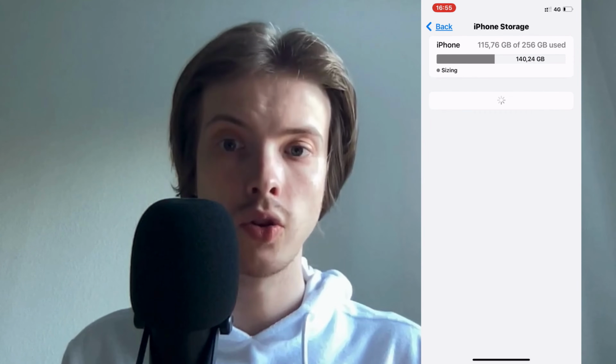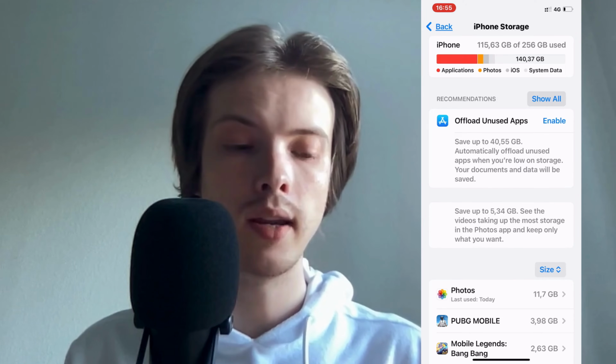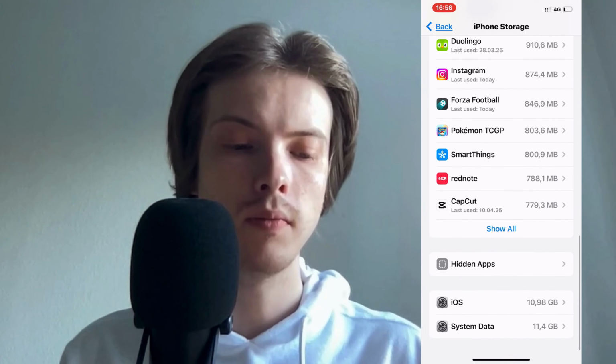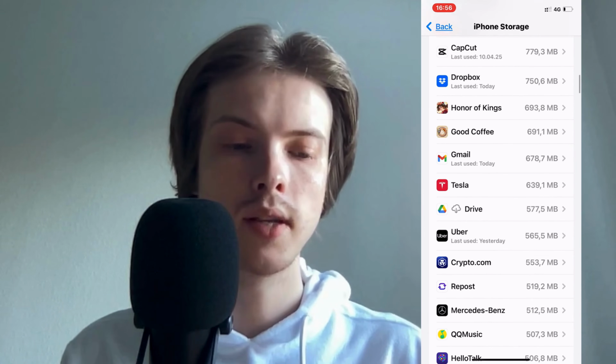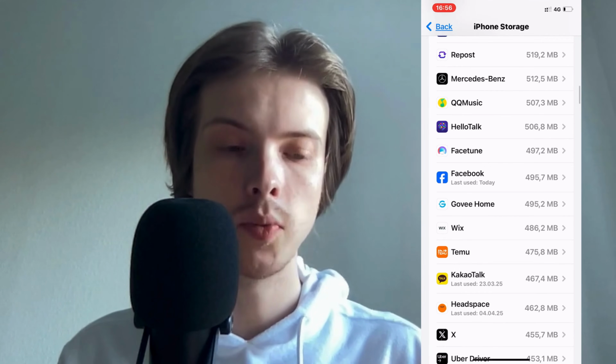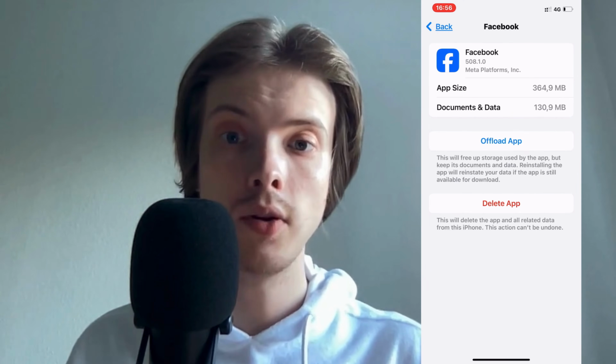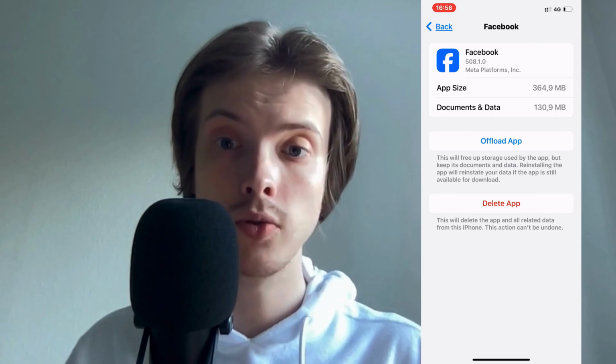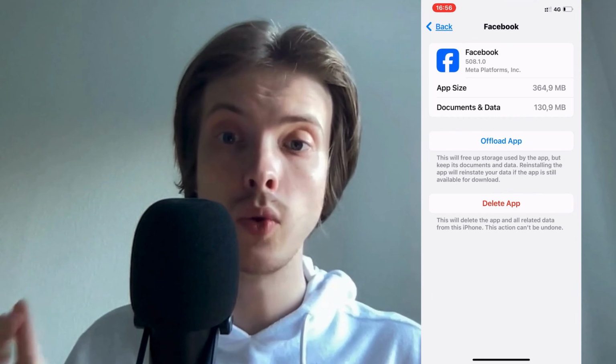And now you're just going to simply wait for this page to load in here. Now we're just going to scroll down in here and click on show all. Keep scrolling down until you can see Facebook and click on Facebook in here. Now what you're going to do in here is to click on upload app, and you have to click on upload app 2 times and then wait and then click on the reinstall app